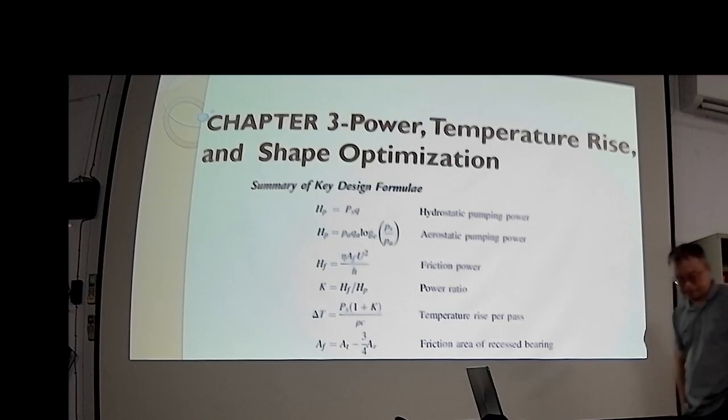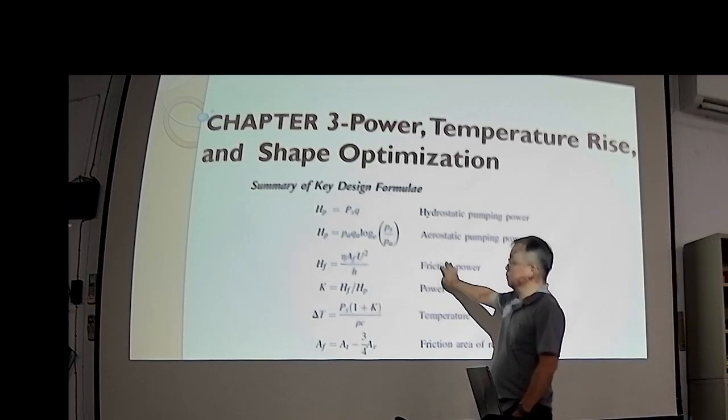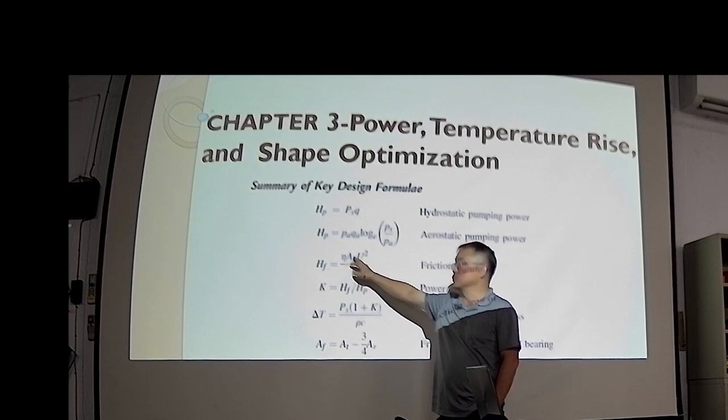Okay? 所以这一章其实是为了下一章做准备，介绍高速轴承或低速轴承，另外介绍发热量，介绍总功率。